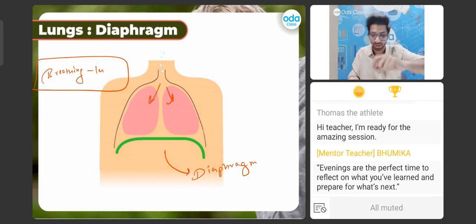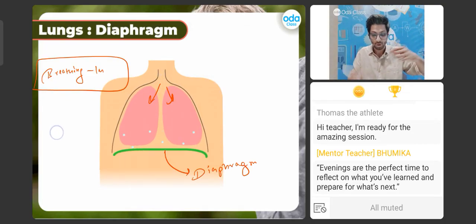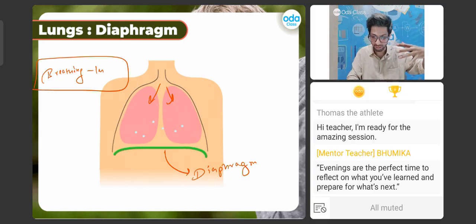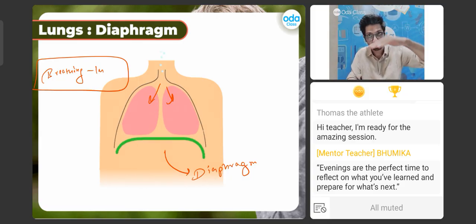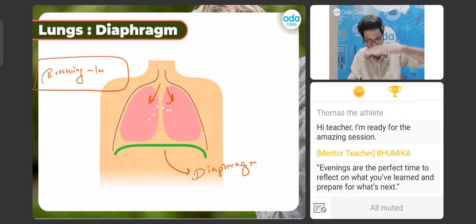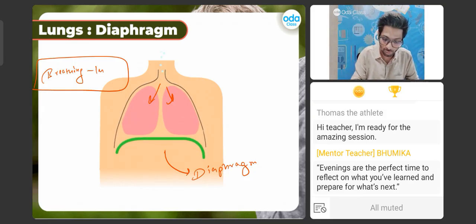It will go downwards. Have a look at the animation. See, when our lungs are expanding, what is happening? The diaphragm is going downwards. Have a look, the diaphragm is going downwards. Okay, so whenever you are breathing in,